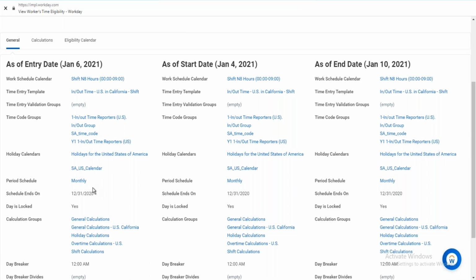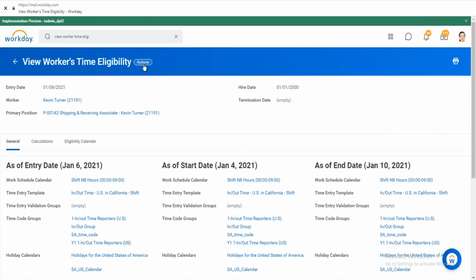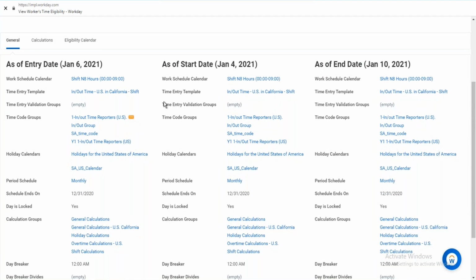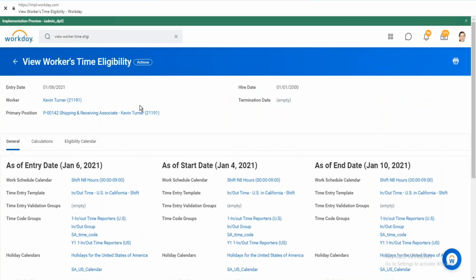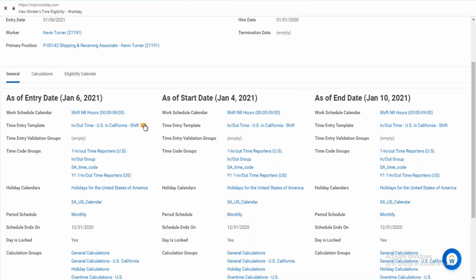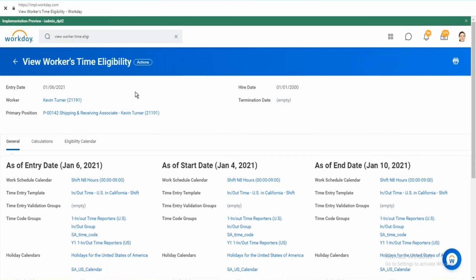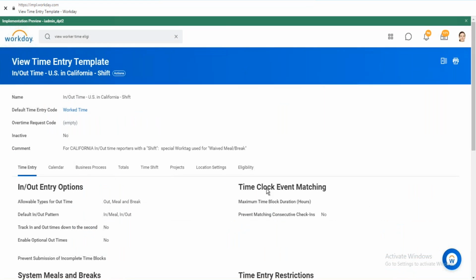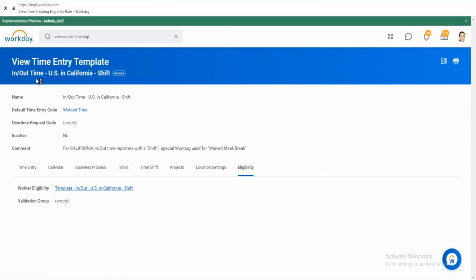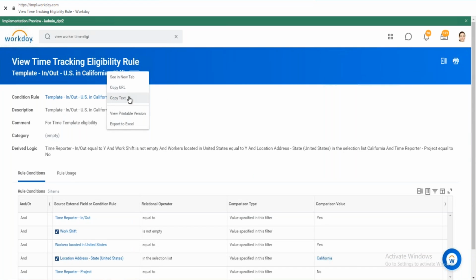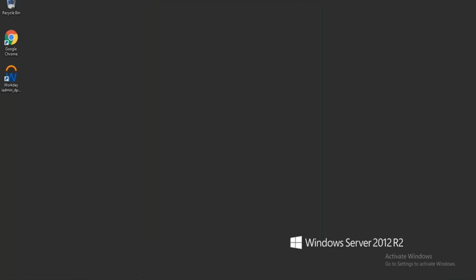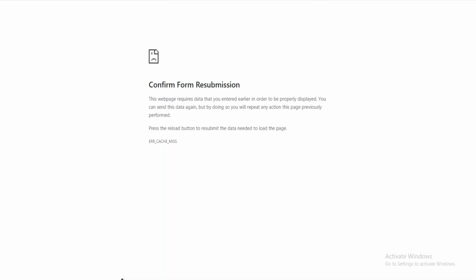So can't we edit from this page and add a period schedule here? No, we cannot edit, because this is just a view. It gives you reports. It is a basic, standard report kind of thing. So you went to that eligibility rule and added this particular time entry template that he's already using? No, I did not copy the template. I copied the worker eligibility. Worker eligibility is View Time Tracking Eligibility. This rule I copied. This is basically what makes him eligible. Okay, summing up today's session, tomorrow we'll